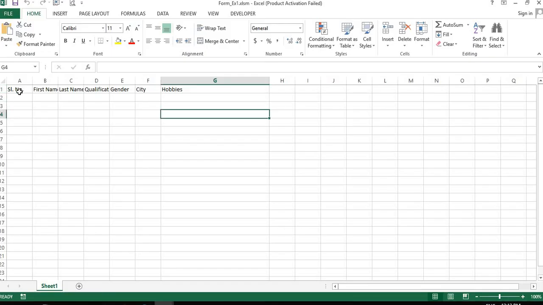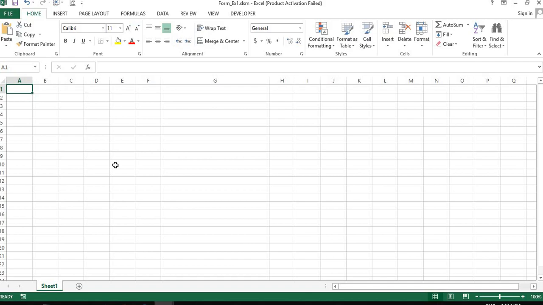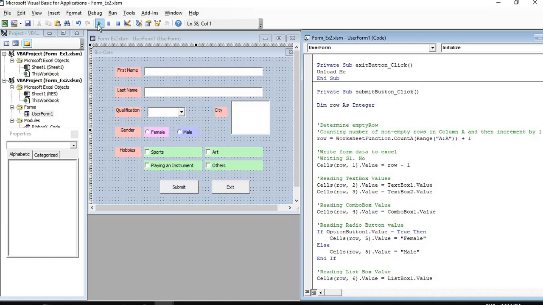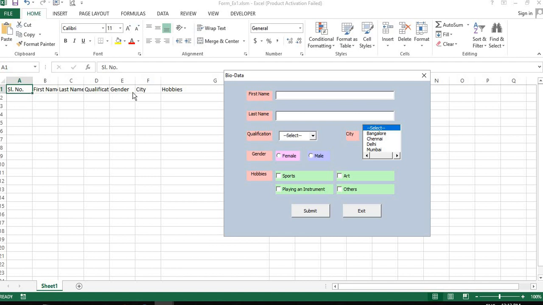See, I have an empty Excel sheet. Whereas when we run this form, it will first create the heading. The heading row is created. This is done in form initialize. That is why when we run it, immediately when the form is loaded, the header is created.